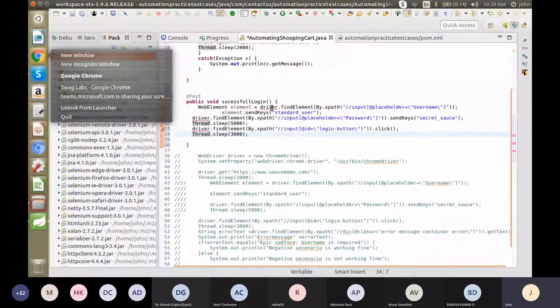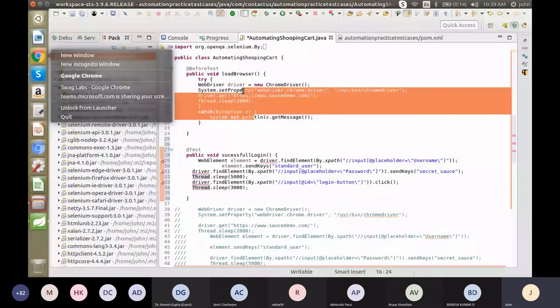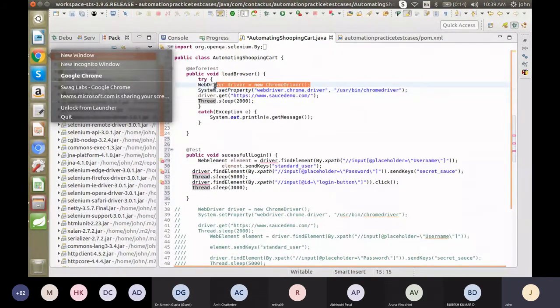Because we are using the driver object in a separate method, so it will throw an error. What we can do is create the object globally instead of putting it in a separate method. So we can use it in any test method.